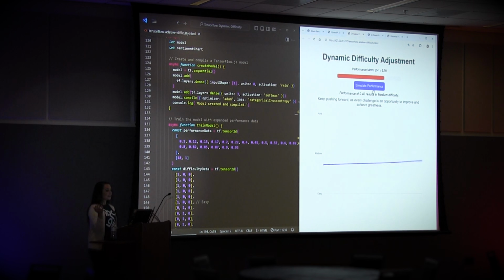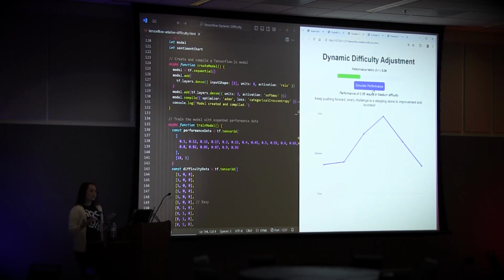Simulate again, another medium, a hard, and even harder, 0.99. You would expect then to potentially maybe do worse since it got really hard. Oh, all right, then it dropped down even more, so now it's back to medium difficulty. So you can see kind of how based on the user's performance, it's adjusting its difficulty levels.